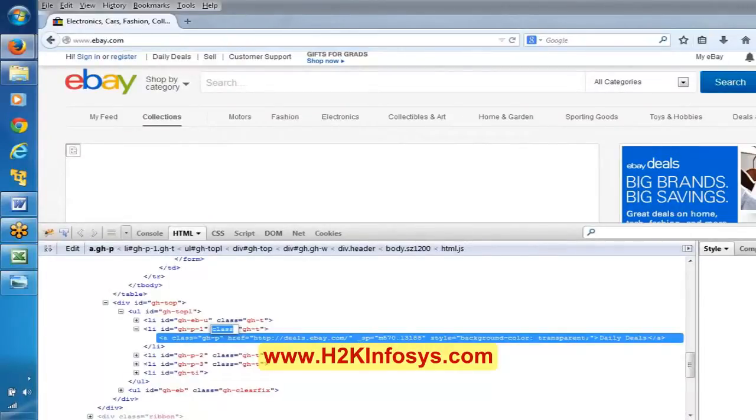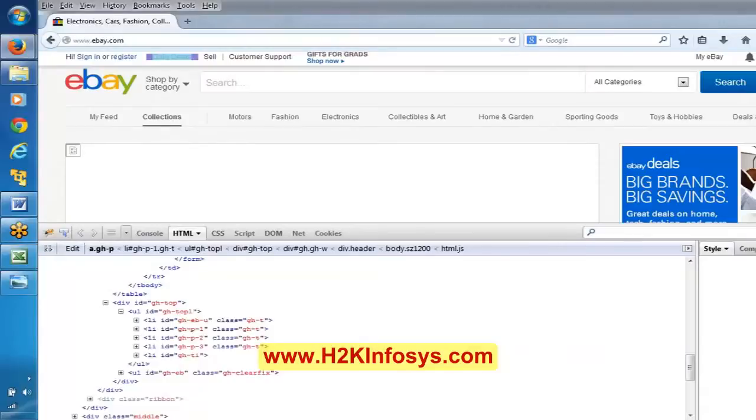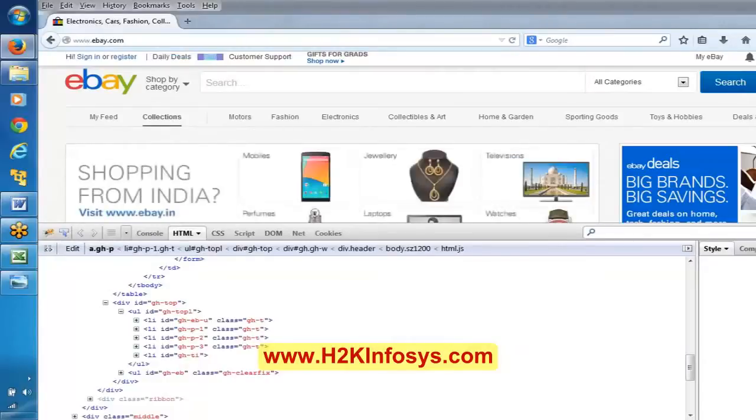Even by using the class attribute we can recognize objects, but it is a very rare case that we use this class, because if you closely observe here, we have the class attribute for all these objects, and it has the same class, j-t. So it is very hard to recognize uniquely. In this application, how is this particular object uniquely recognized?